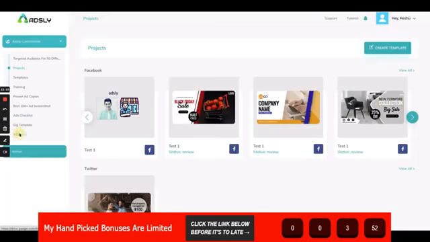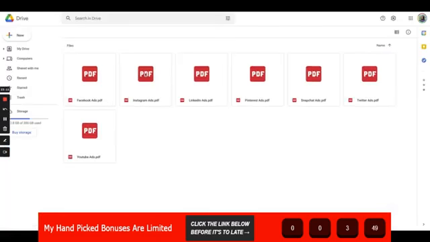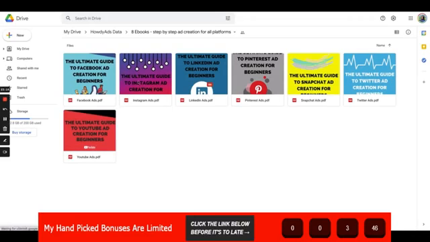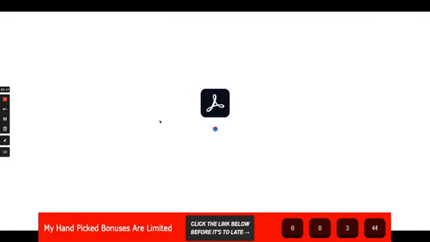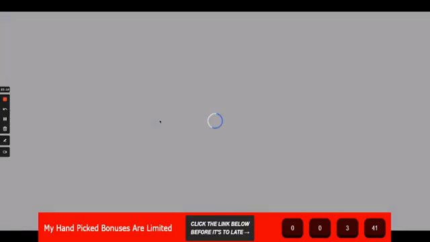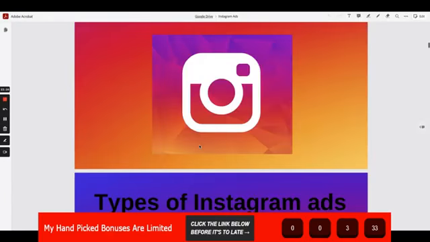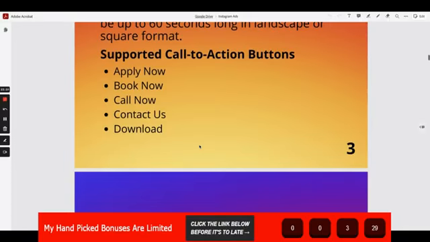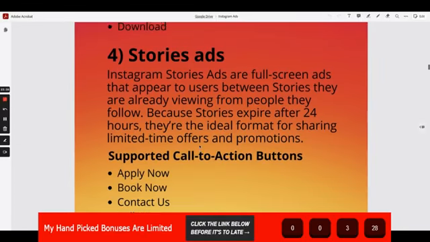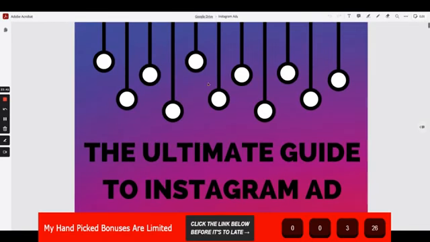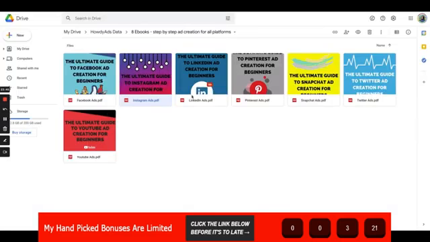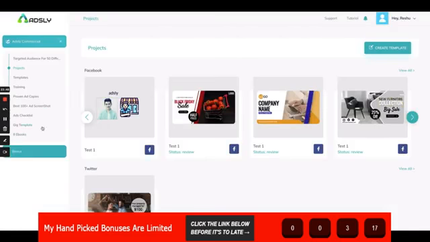And last come ebooks for all the social platforms, which explain in detail how to run ads on each of these social media platforms, because we understand that you might know how to run ads on one platform or two platforms, maybe three, but there are very few chances that you know how to run ads on all the platforms. So we are giving you a detailed guide explaining how to run ads on all the platforms so that you know what to do and you are not doing something wrong.